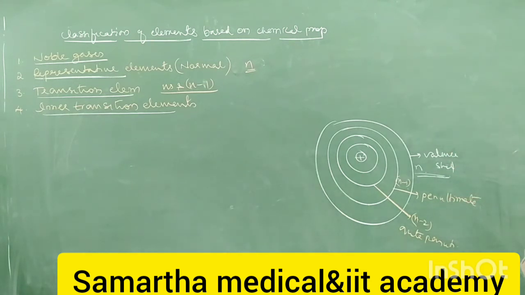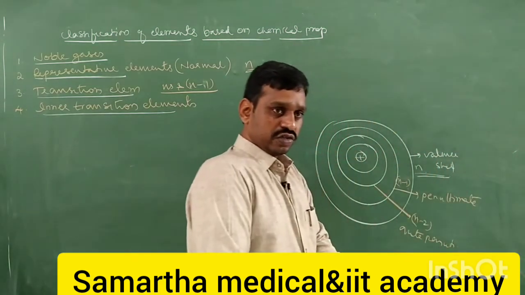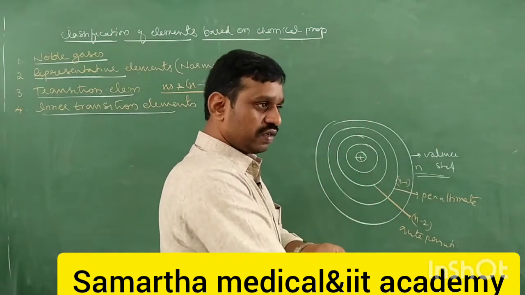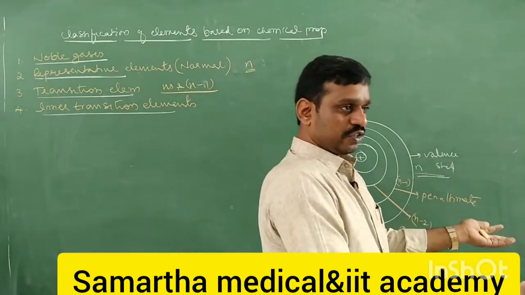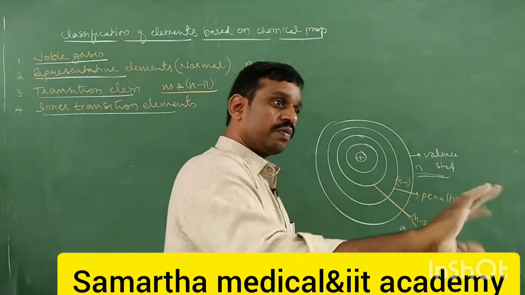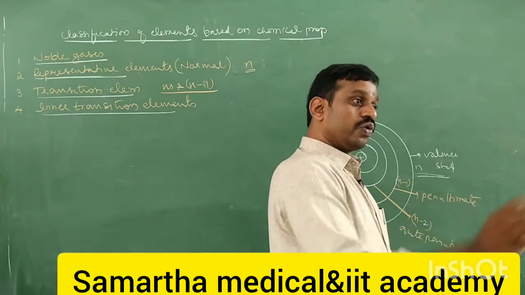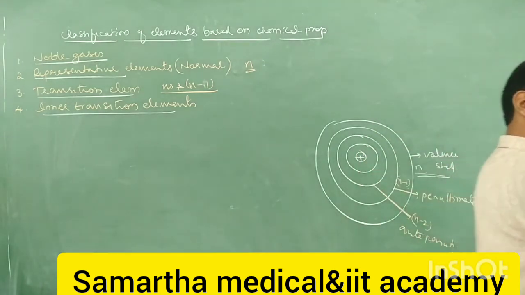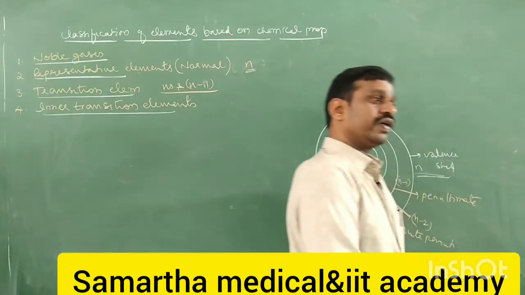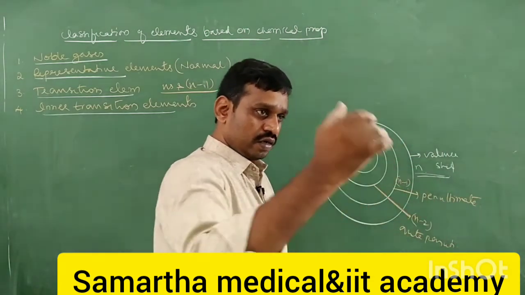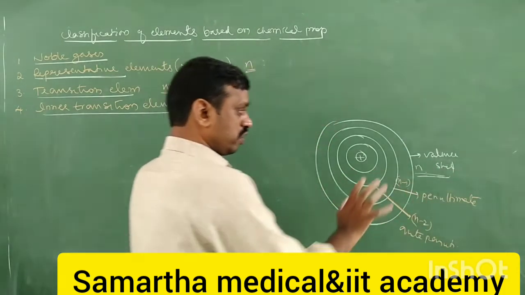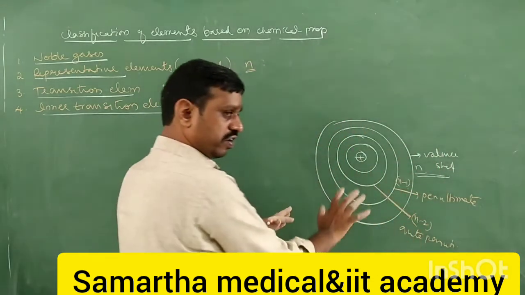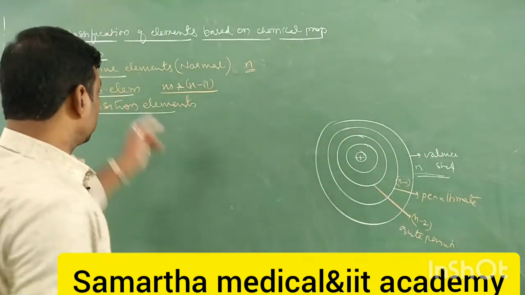You know that chemical reactions happen due to electron exchange: electron gaining, electron losing, electron sharing. If there is no electron exchange, there is no chemical reaction, right? Neutron and proton sharing is not a chemical reaction. Neutron and proton sharing or losing comes under nuclear reaction. That is very dangerous, and moreover we don't study it in chemistry. You might study nuclear exchange in physics. That's not related to us. So there is no exchange of electrons in the case of noble gases.